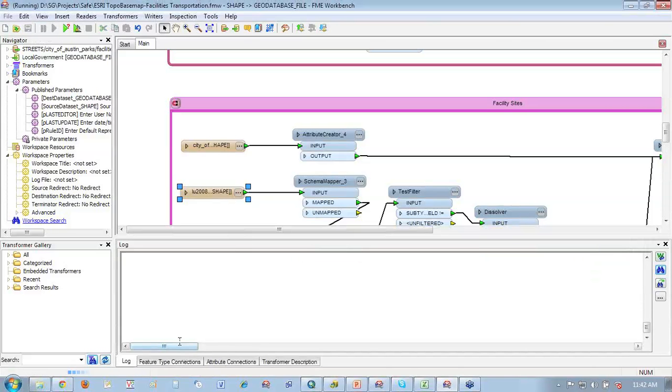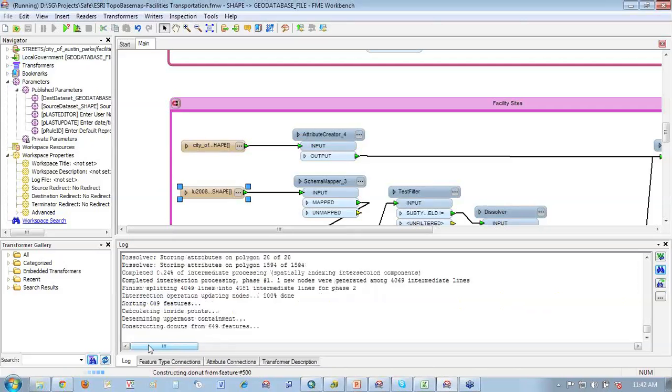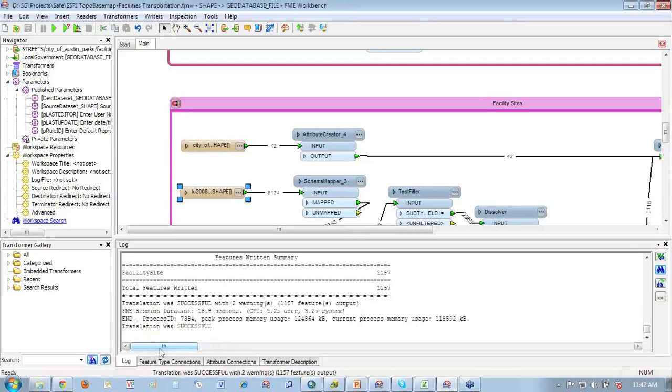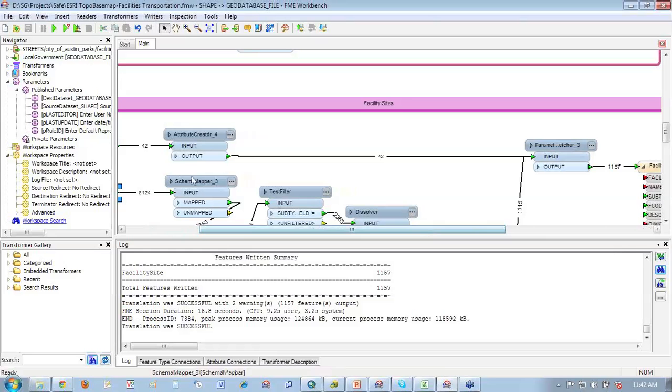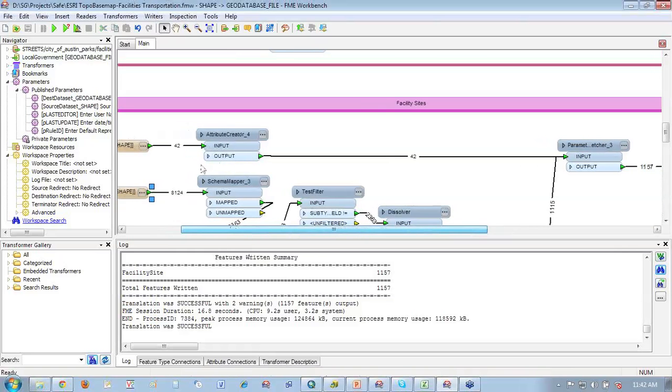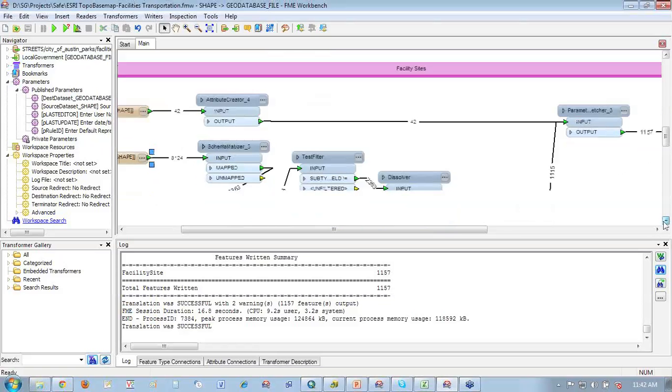And again, one of the things that... While it's going there, I was thinking back to my youth in the movie Ghostbusters, and I do notice that you are crossing the streams there just before that parameter fetcher. So what's actually going on there? We got two lines coming into one thing. Does that mean something bad happens, or is it okay? In this case, it's okay to cross the streams. The one line is the parks data set coming through, and it doesn't need to be dissolved or anything else. And the other line coming through is the results of that dissolve on the land use.